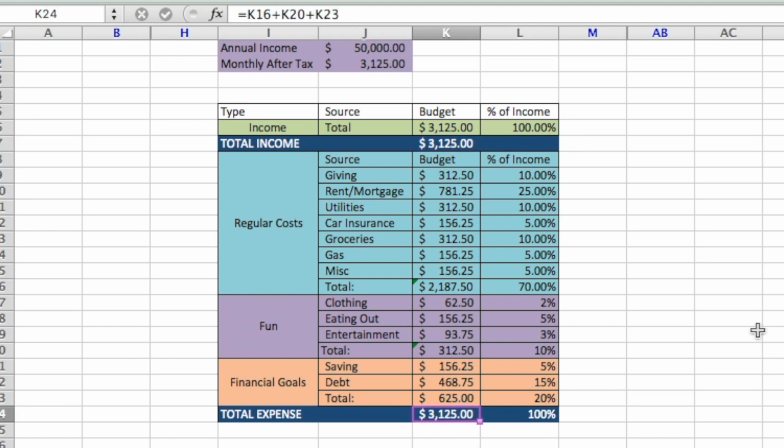expenses, $3,125. And this is what Dave Ramsey says to use for budgeting purposes, because you assign every dollar a name at the beginning of the month. And it's so important to do so that you have a place for every dollar that you're going to be bringing in, you know where it's going. So I use this type of budget for my own personal budgeting, so this is what I recommend that you